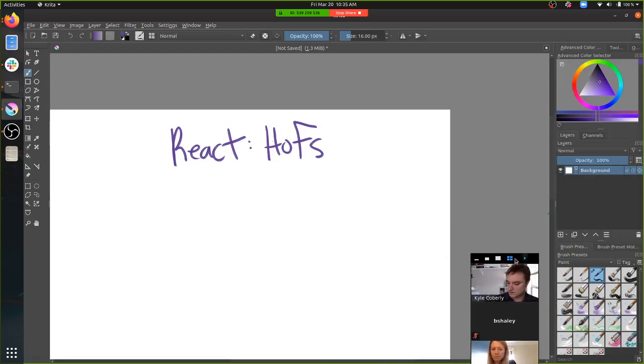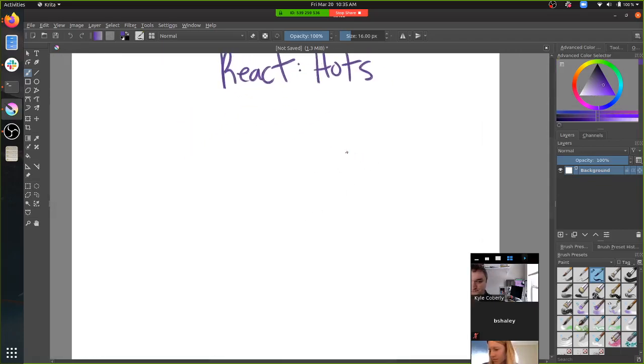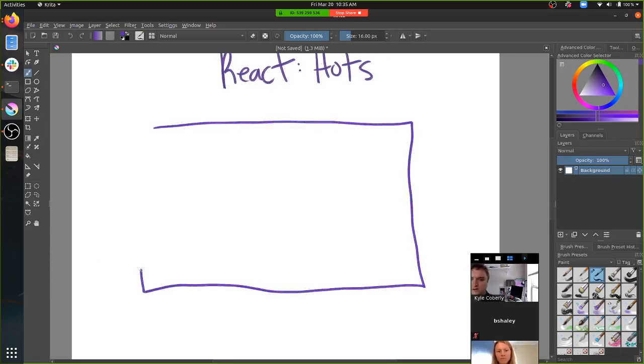The broad idea is that if I have some kind of outer component and it has state in it, say isOn is false.